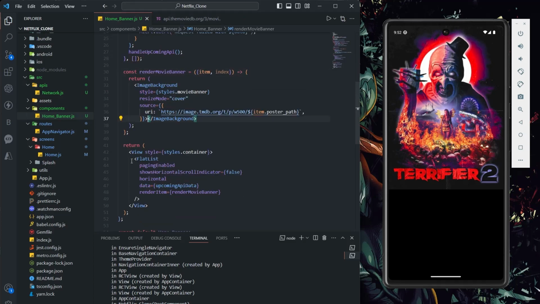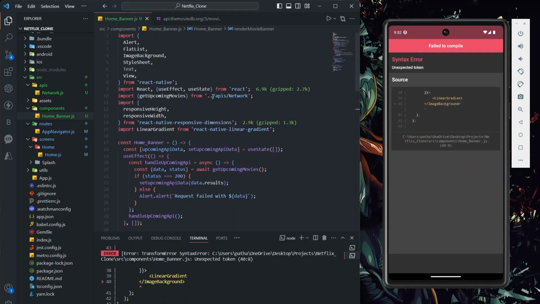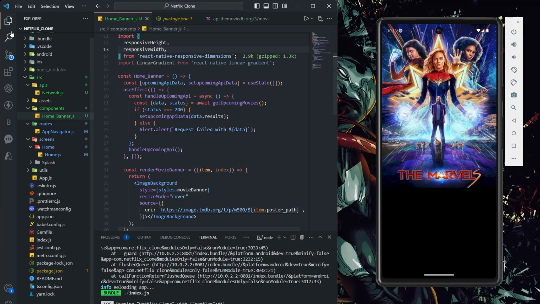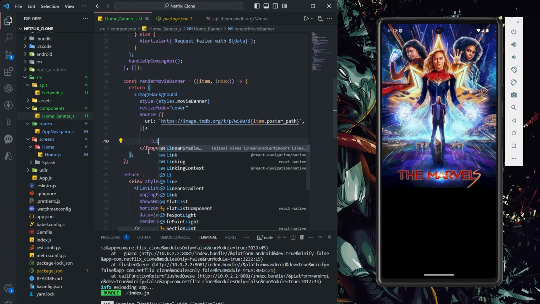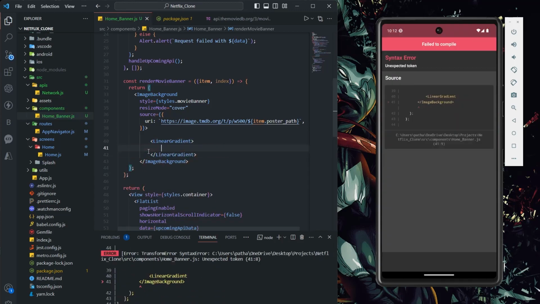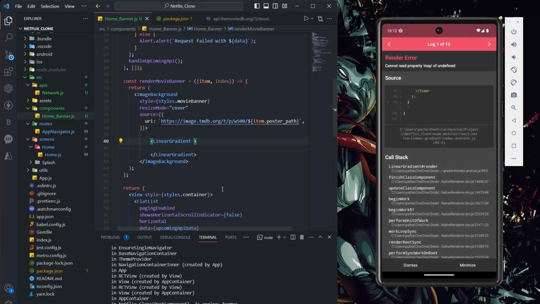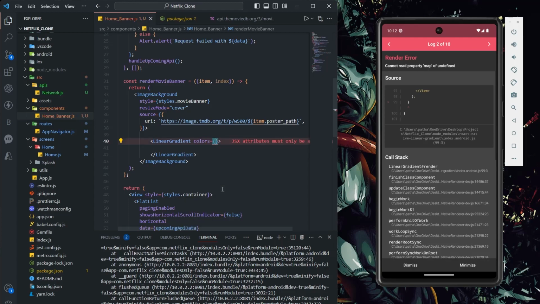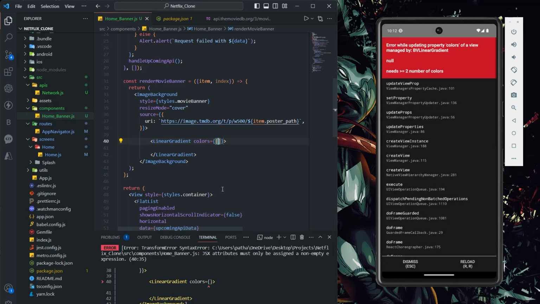So inside this, let's import linear gradient, and let's import this from the React Native linear gradient. Okay, perfect. I ran that emulator again and it got fixed. So let's take a linear gradient here, and here we have to pass two things basically. One was colors. Colors, we can simply pass an array. So right now I am going to use two colors,